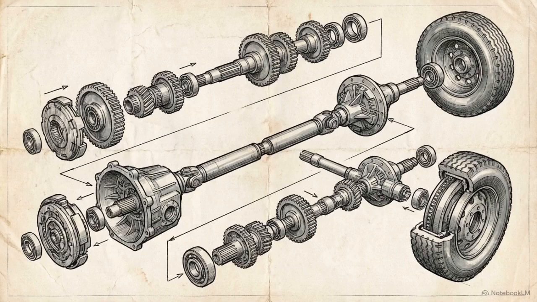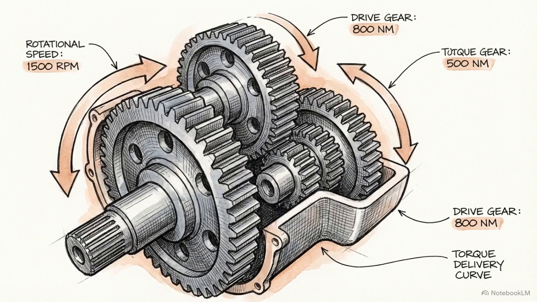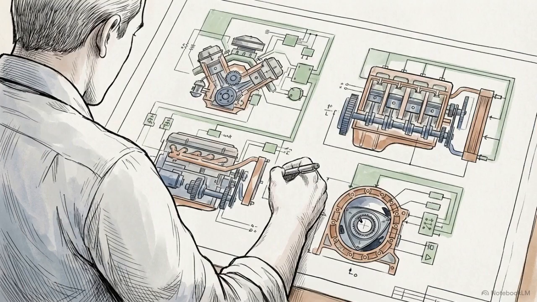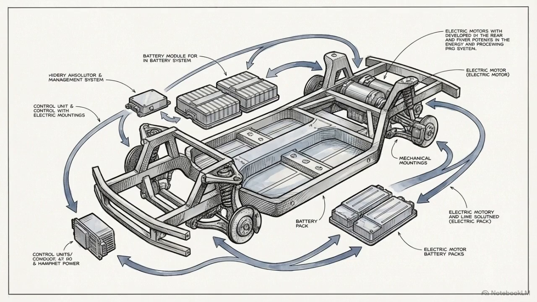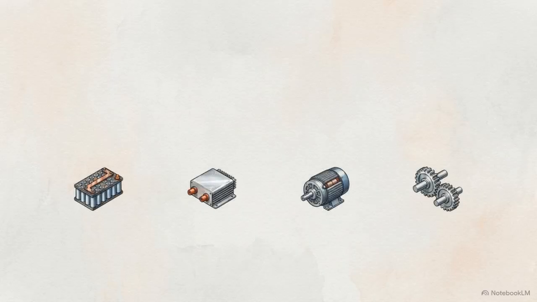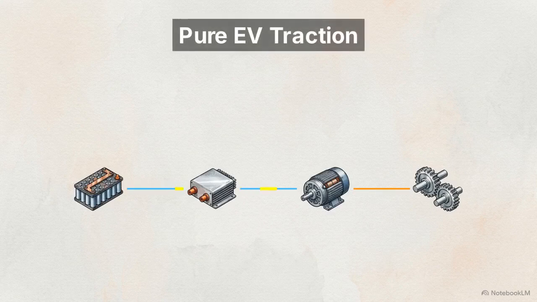We start by moving inward from the external kinetic forces to the transmission, the mechanical hardware required to physically turn the wheels. The power requirements we mapped on the roadway precisely dictate the gear ratios and torque delivery curves the transmission must achieve. To satisfy those specific transmission characteristics, engineers select an electric drivetrain topology, a structural blueprint determining how power flows from storage to motion. This block schematic illustrates a pure electric traction drivetrain. The architecture is linear. Power flows from the battery block, through the inverter, into the electric motor, and straight to